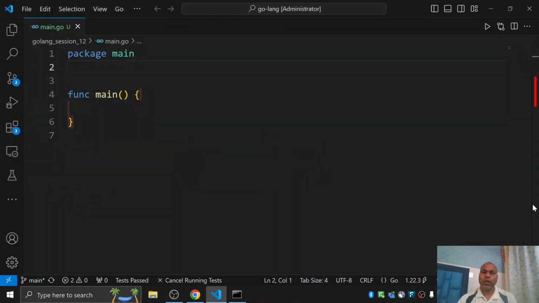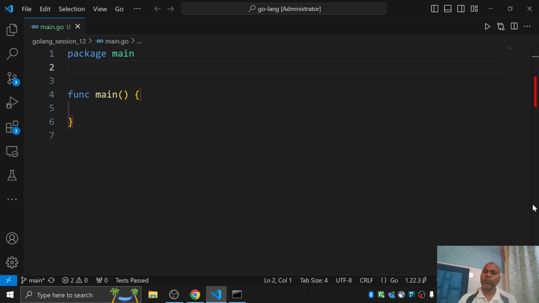Today, we are going to discuss classes and methods. In other programming languages, maybe Java or .NET or any other, there is the concept of a class or the concept of methods. So in the Go language, we are going to understand how we can define our class, you can say. There is no direct concept of a class in GoLang, but